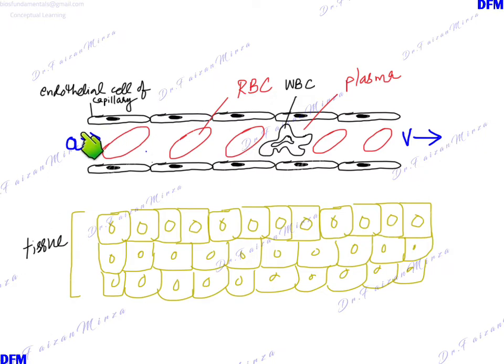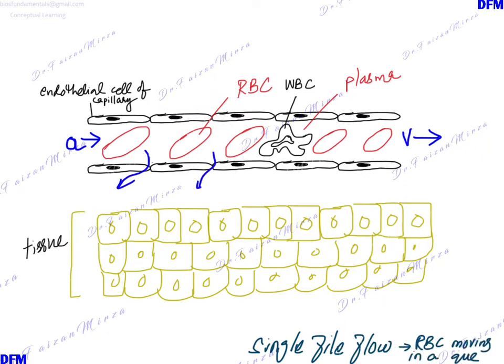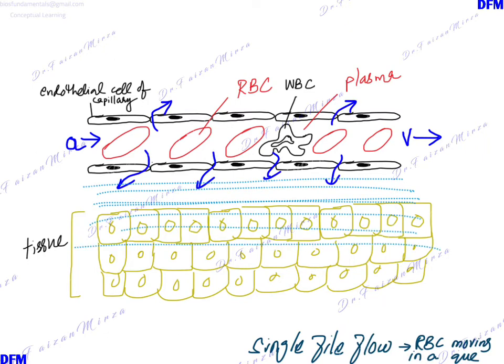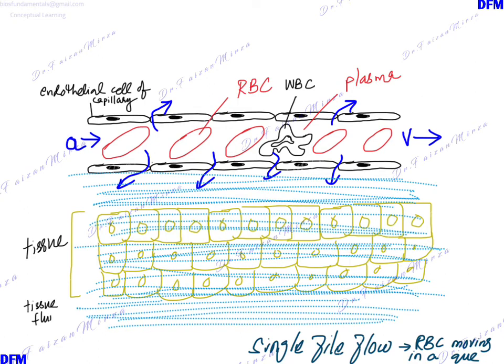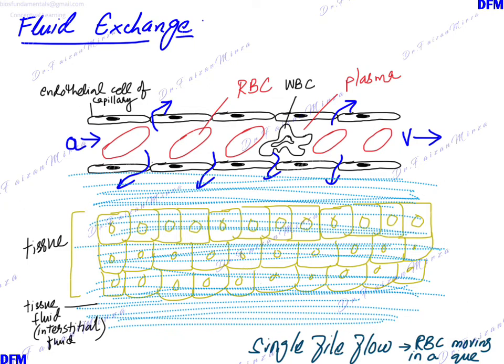This end of the capillary is the end coming from the arteriole, and the capillary blood is going ahead into the venule. This shows you the direction. The RBCs follow one another in a single file flow. When the blood is flowing in the capillary, it is at a considerable pressure, so the blood plasma starts to leak out, and the leaked plasma accumulates as tissue fluid in the tissue space. This is also called interstitial fluid, and this fluid brings about all the exchanges in the tissue space.